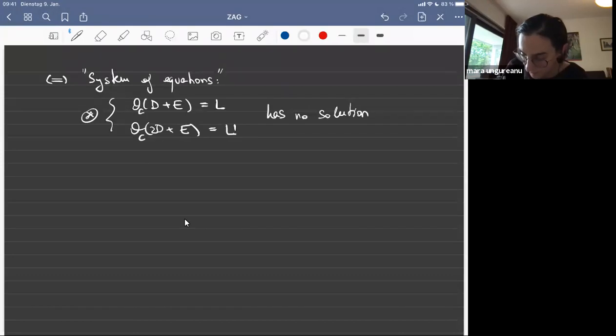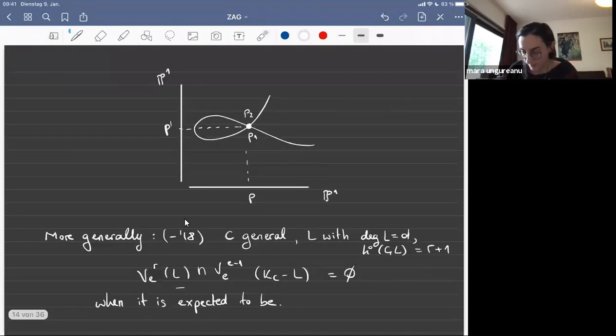If this system of equations does not have a solution, then this statement also holds. So to recapitulate,